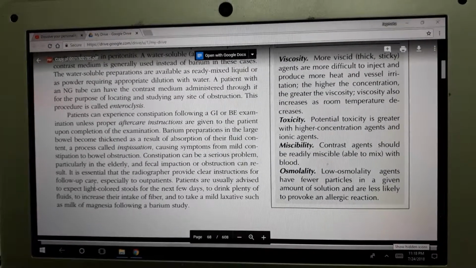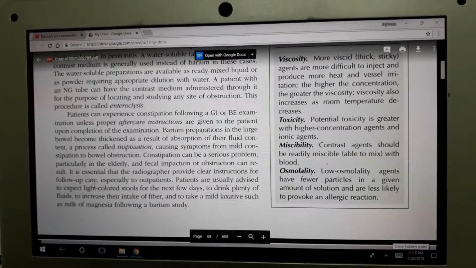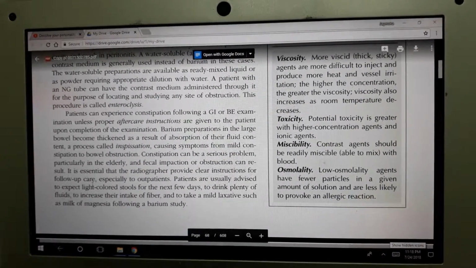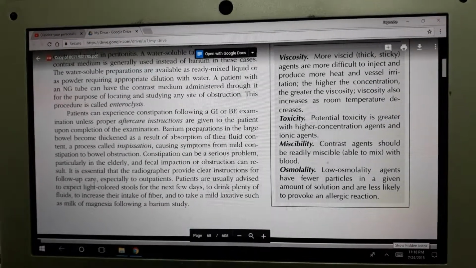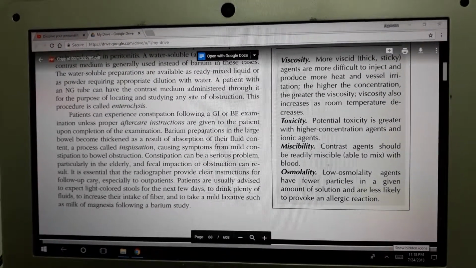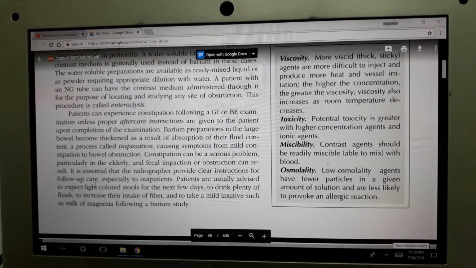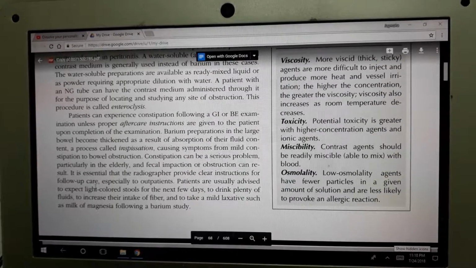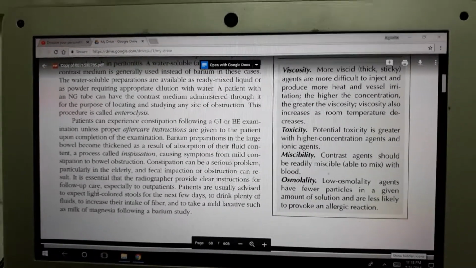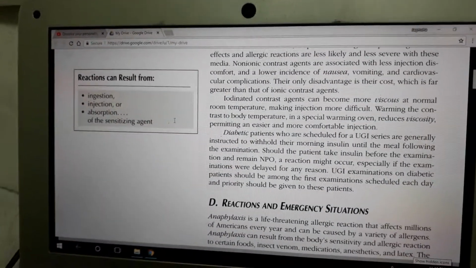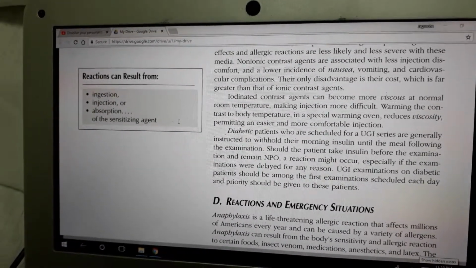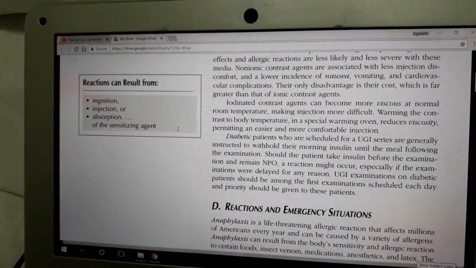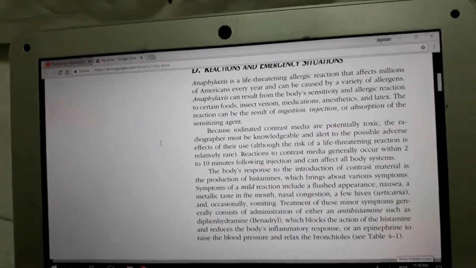Potential toxicity is greater with higher concentration agents and ionic agents. Miscibility: contrast agents should be readily miscible, able to mix with the blood. Osmolality: low osmolality agents have fewer particles in a given amount of solution and are less likely to produce an allergic reaction. Injection or absorption: the sensitizing agent reaction can result from